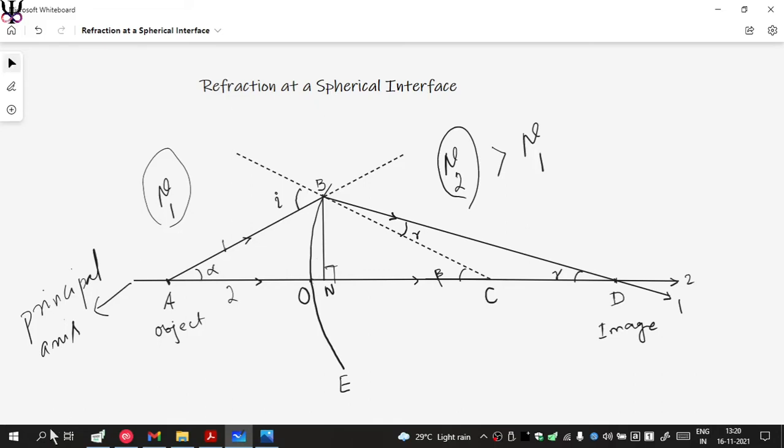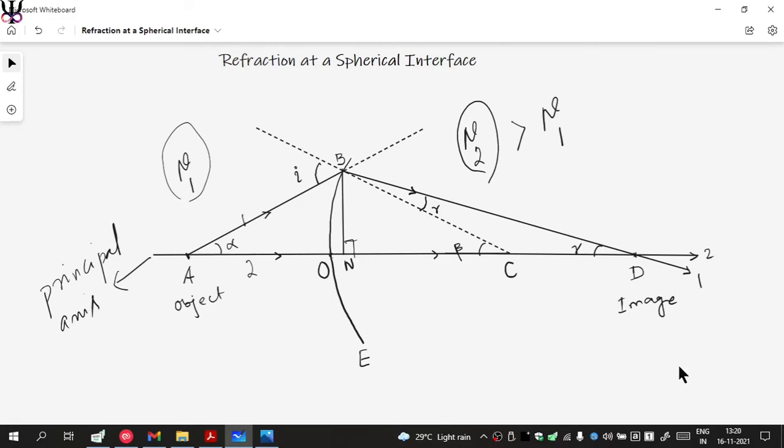So that's why I have taken N, and now I'm going to use the approximation that the apertures are small. Now there are angles also. When the incident ray AB strikes at B, there has to be an angle of incidence. To find the angle of incidence, we know that the spherical interface will have a radius of curvature R, and it will have a center. Let's say that the center is at C, which is the center of curvature. Now from C, if I draw a normal CB and extend it further, this is the normal. The angle between the incident ray and the normal is the angle of incidence, which is i.